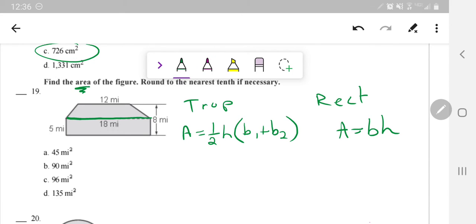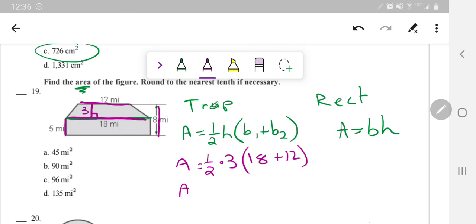Now, when I'm looking at this trapezoid, I need the height of that trapezoid, and it's not given. I need this height here. That's a right angle to the 2 bases. Well, it's a vertical length, so I look at my other vertical lengths. I have this that's 8 and this that's 5. So it looks like this would have to be 8 minus 5, which would be 3. So now we have 1/2 times 3, and the bases of the trapezoid are always the parallel sides. So that's going to be 18 plus 12, and when I calculate that, it gives me a total of